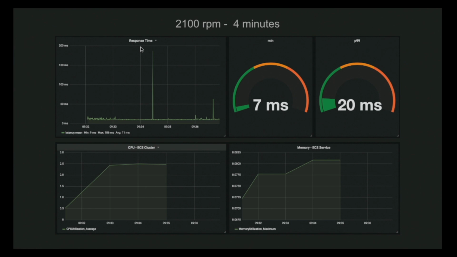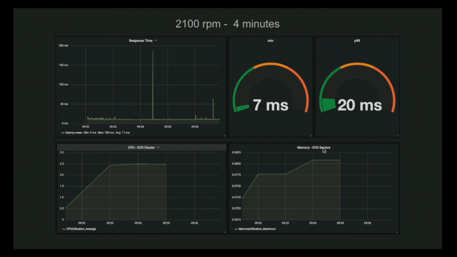So we're leaving a little room for outliers. As you can see, there are some spikes on the response time graph, but 99% of our responses are 20 milliseconds or less. So I'm using the cluster CPU from CloudWatch, and the cluster memory, I'm sorry, from